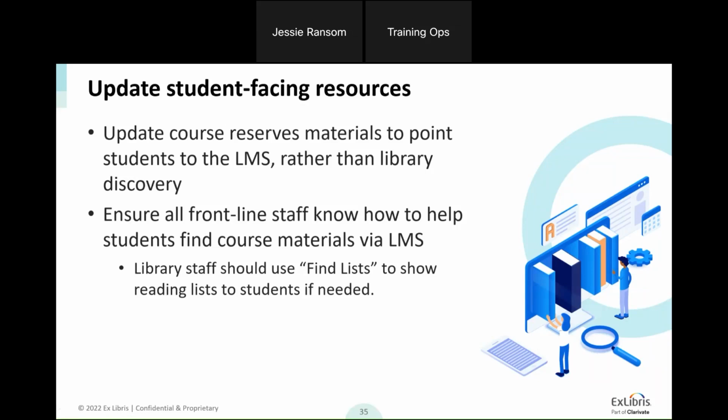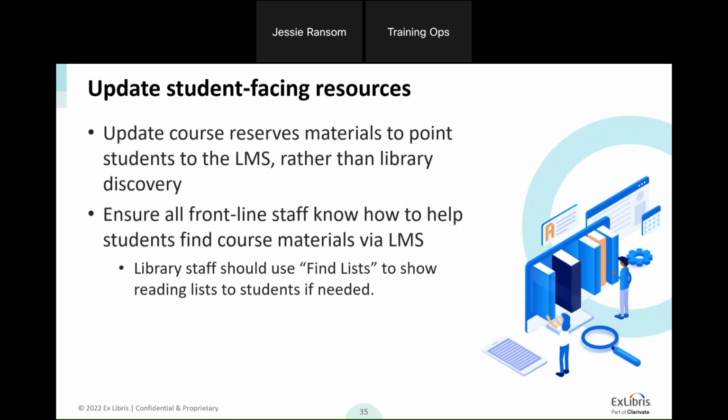Once you have Leganto, this is really, truly 100% the best way to point students to their resources. First of all, it's much more intuitive for students. They don't need to leave their workflows to come to the library website and do this search. It also makes it very hard for them to find the wrong resources. I know, in Discovery, they have to know their course code or their course instructor or the course name, and they don't always have it exactly right. Whereas Leganto just points them to exactly the right list for the course that they're enrolled in.